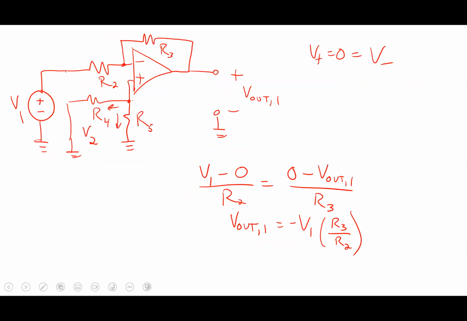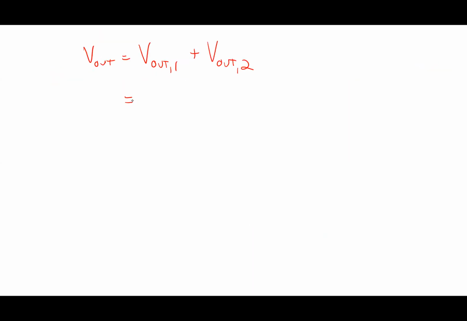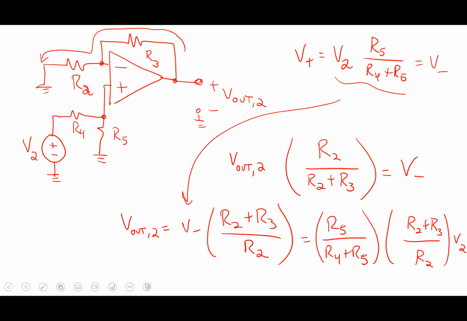So what I end up with is that V out is equal to V out 1, the result from source 1, plus the result from source 2, right? Like that. So V out 1, what did we end up with for that? We ended up with minus V1 times R3 over R2. So minus R3 over R1 times V1. And then we ended up with this ugly looking thing here. This guy